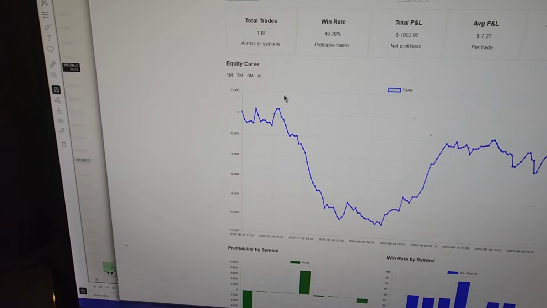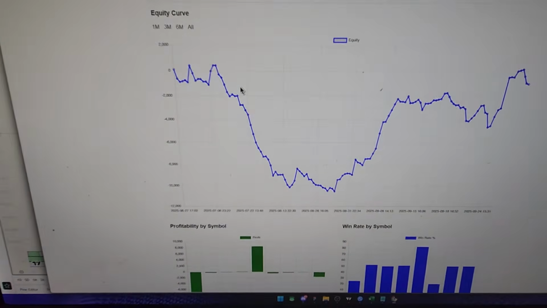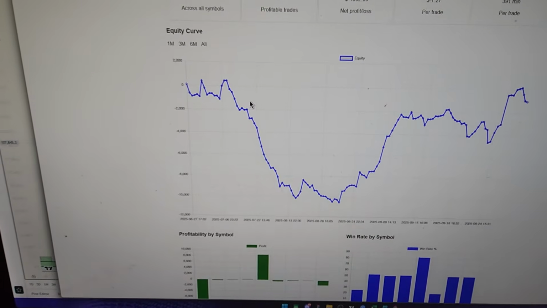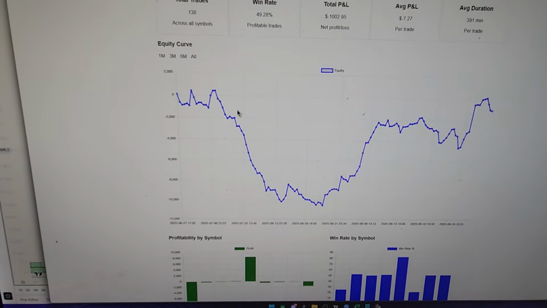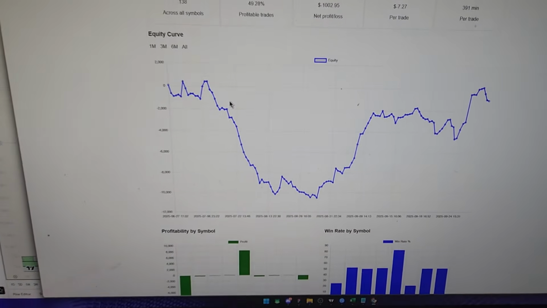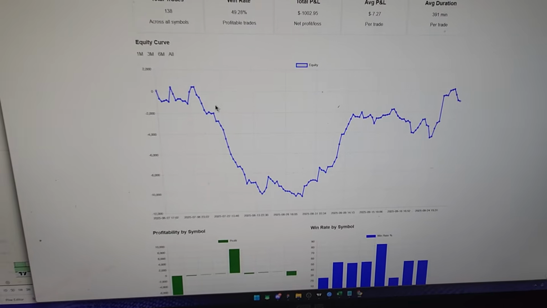I was taking impulsive setups. I was taking setups that weren't there. I was gaslighting myself into believing that I was following my model, when in truth, I didn't even know if I was following my model or not in some trades. I just take the trade, and if it felt right, it felt right. If it didn't feel right, it didn't feel right. And it led me to make so many terrible decisions.